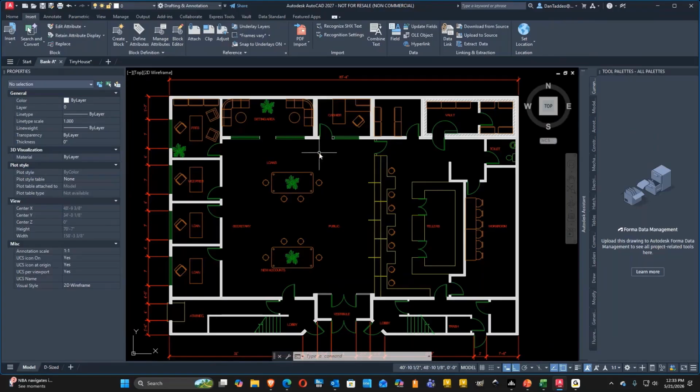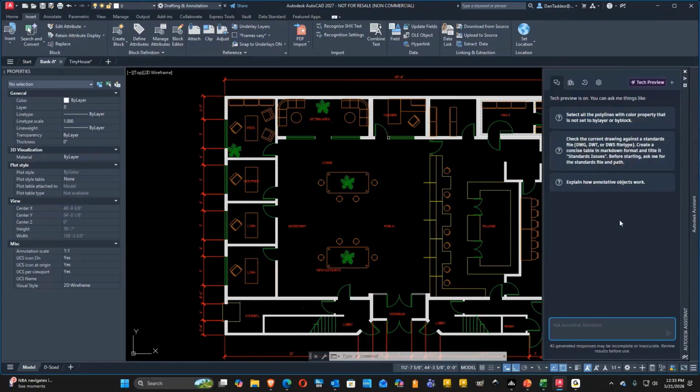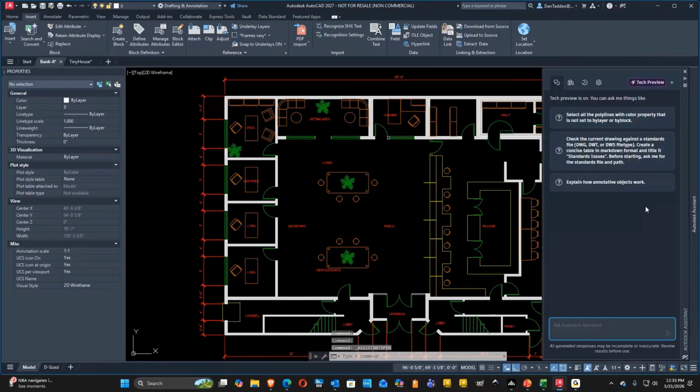Now, what I'd like to also introduce you to, I'm going to go ahead and close the tool palette. I'd like to introduce you to the AI right here. This is the Autodesk Assistant. To bring this up, there's these three diagonal lines right here. If you click on this, it brings this up. This is your Autodesk interface, and this is where you can type in a conversational prompt to look for